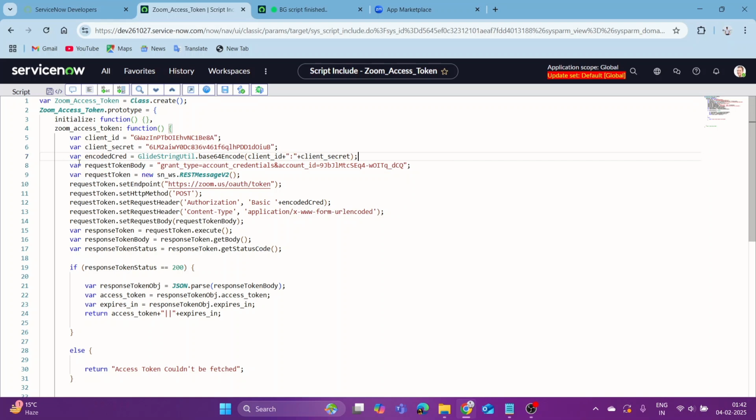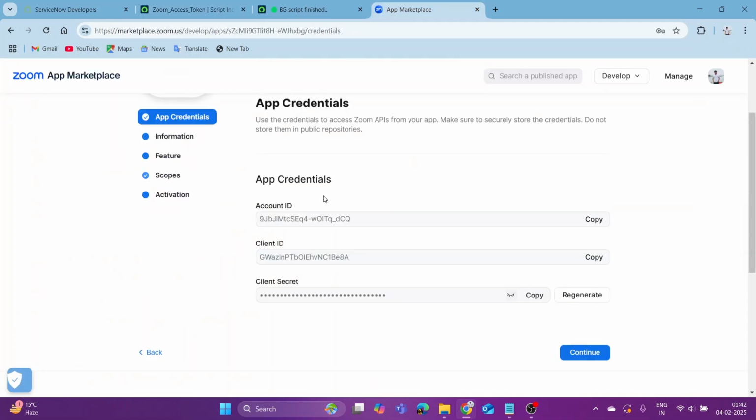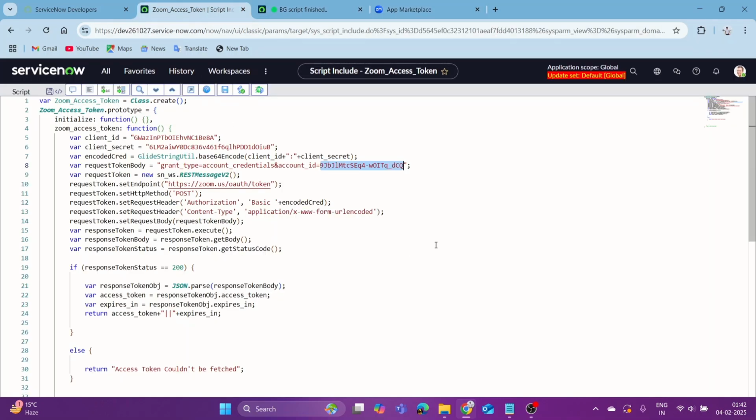So you need to have a request token body as well, and the token body will look like this. Instead of my account ID, you can mention your account ID, an account ID you can obtain from here. This is the account ID. Just replace the account ID with your detail here,